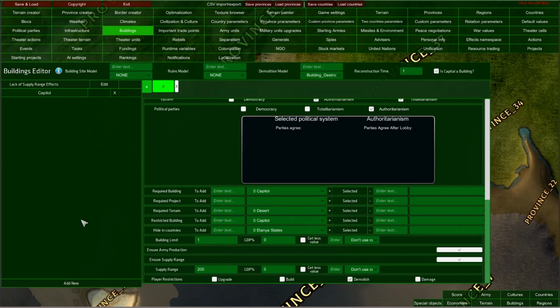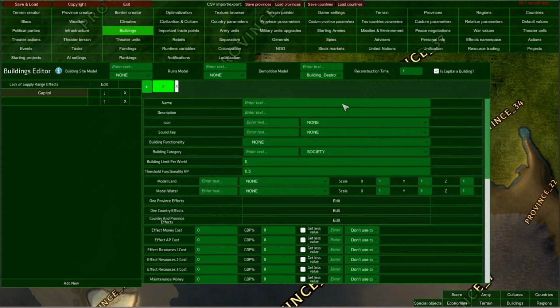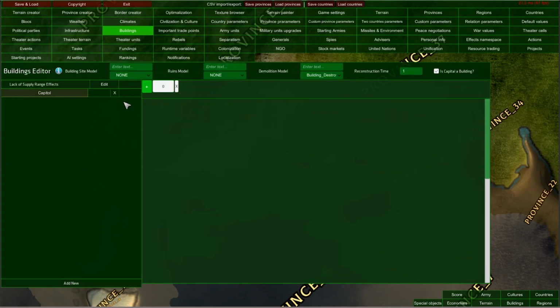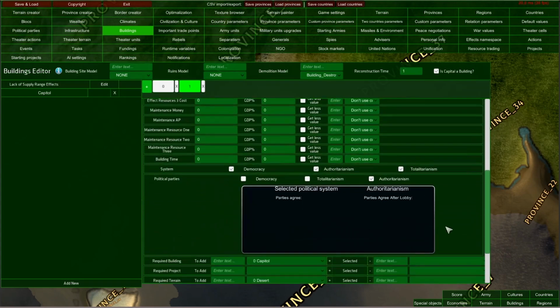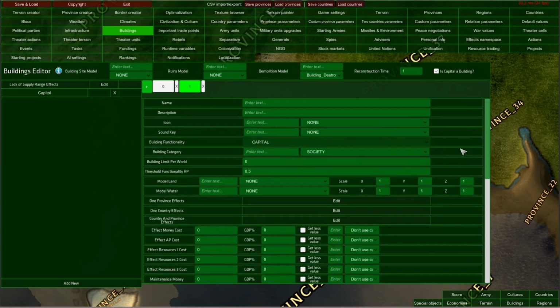And if you want to create your own buildings, simply press this button Add New here, and an empty building will be created that you can set up just like I showed you, or you can simply delete it. And of course, you can create new levels for your buildings. You need to set them up from scratch, and after setting them up, and after building the level 0 here, the player will have an option to upgrade its level 0 building to level 1.